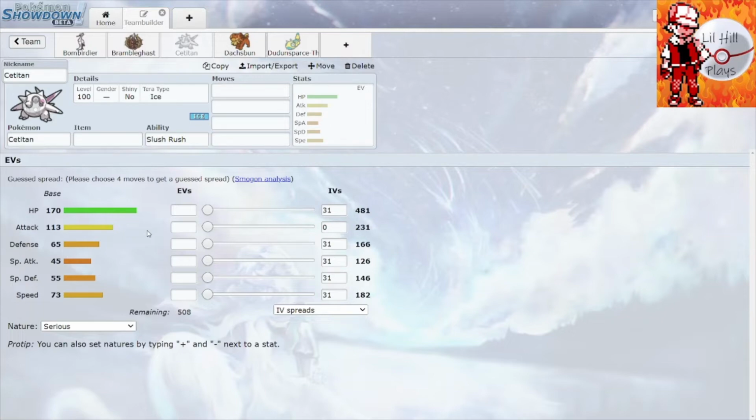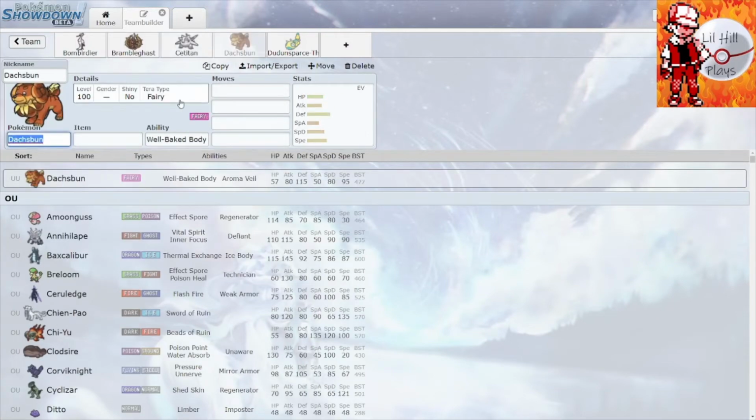And the attack stat is not bad. Defenses are pretty bad. But yeah, at least the attack stat is good, so it's not a bad Pokemon. Seems like it's in UU. Then we have Dachsbun,